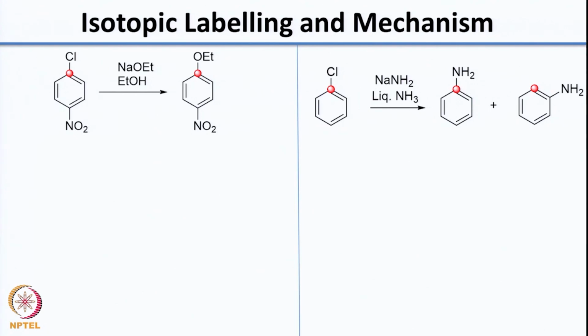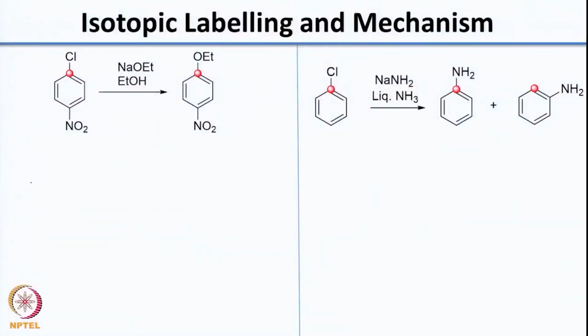So now what you need to think about is the mechanism for each of these reactions. Obviously the mechanism is not the same because you are getting a different product distribution in each of these cases, and the big difference in the starting material is that you have a nitro group here. So now I want you to think about what could be the mechanisms for both of these reactions and write them in your notebook. So in the first case, since there is no displacement or no scrambling of that carbon which is labeled, what you can say is